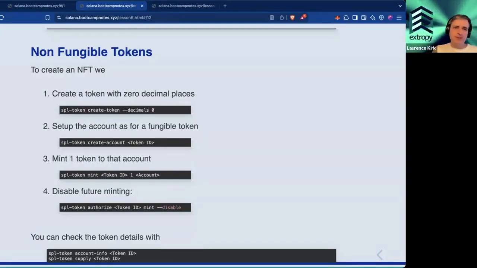But as you can see, we've restricted what we've done. We've started with the idea of a fungible token, and then clamped down, restricted the details of that to give ourselves a non-fungible token. But you can do that, and you can check the details about that as before. Now,